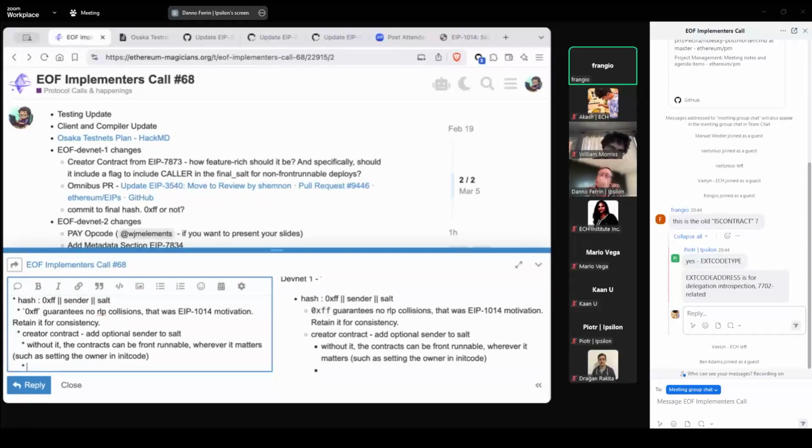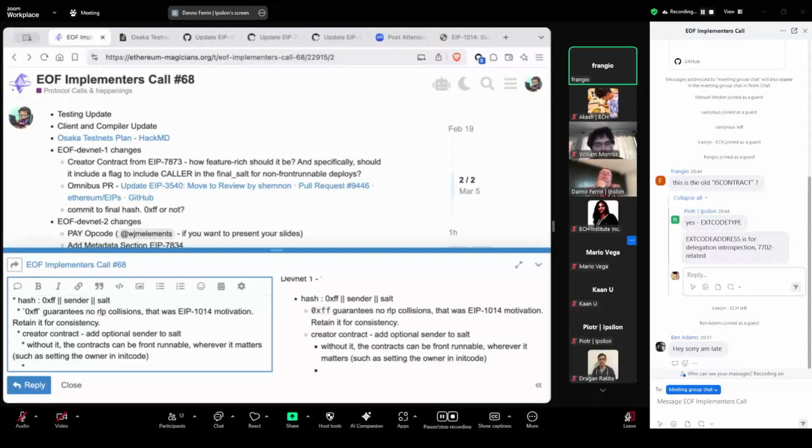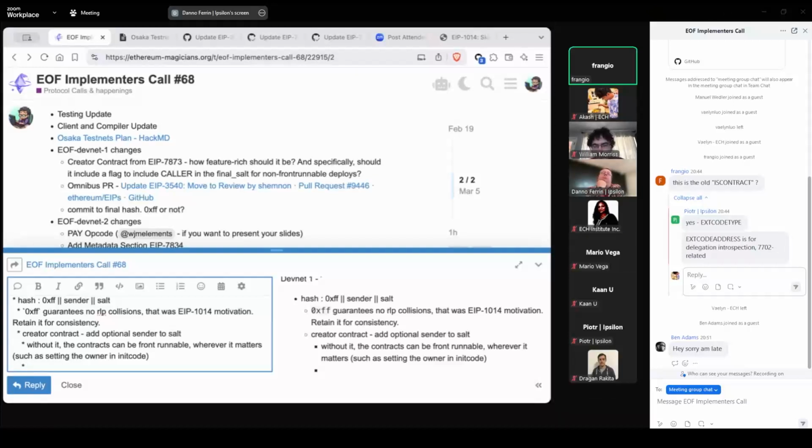The problem is that this needs to be deployed first. It's not built into the chain, and that makes tooling a little harder because you need to deal with that edge case. So I don't see a clear solution here. One of the options was to add an optional flag to hash the caller into the salt, but that adds complexity.